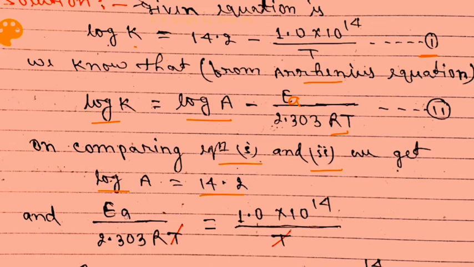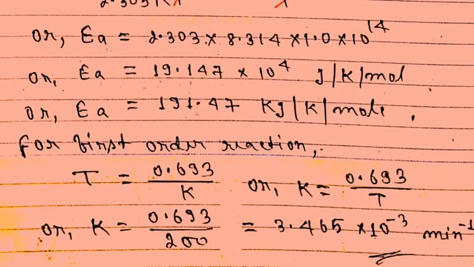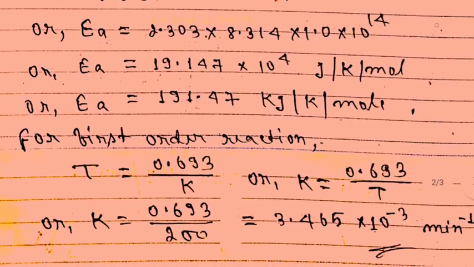Now EA by 2.303 RT, because minus and minus is cancelled here. So EA by 2.303 RT is equal to 1.0 into 10 to the power 14 by T. T and T will be cancelled, and then we get EA is equal to